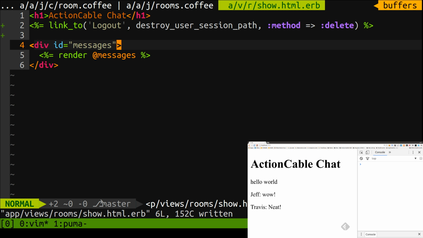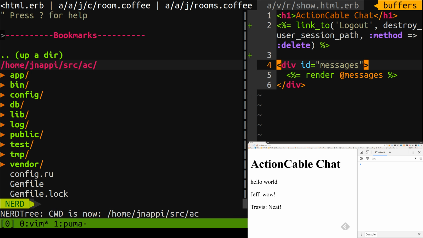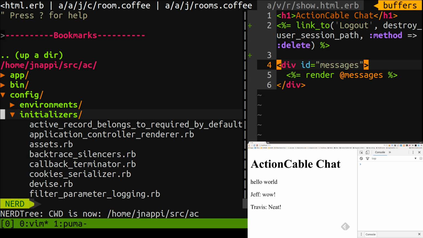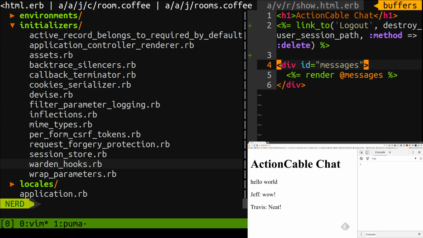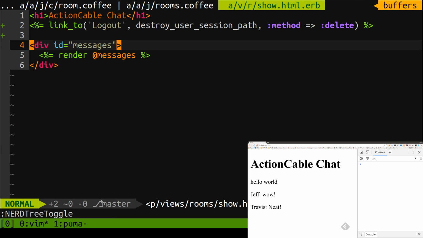So in order to do that, I'm going to go ahead and create a new file. We need to go into our config here and go into our initializers, which is where you initialize your gems and whatnot. And I'm going to add a new file there in the initializers. So under the initializers, I'm going to be creating a warden_hooks.rb. And inside of this file,